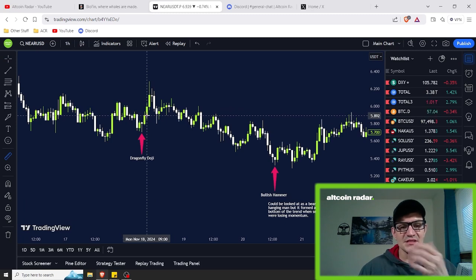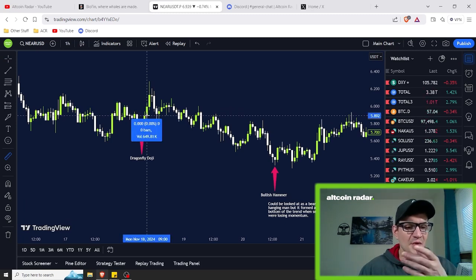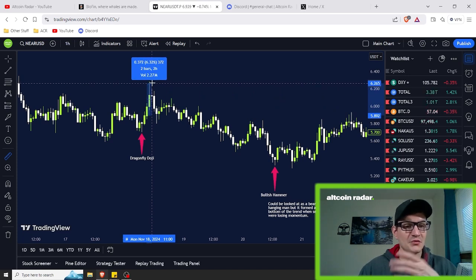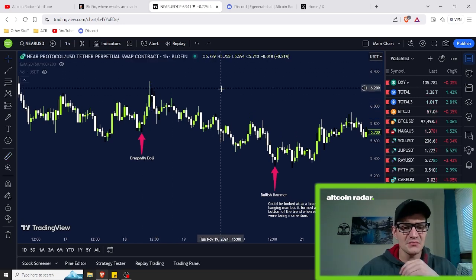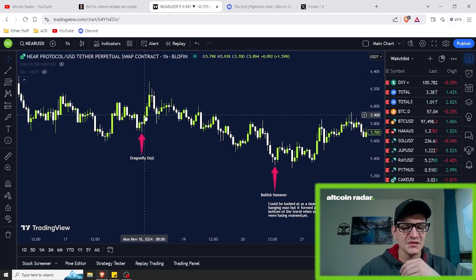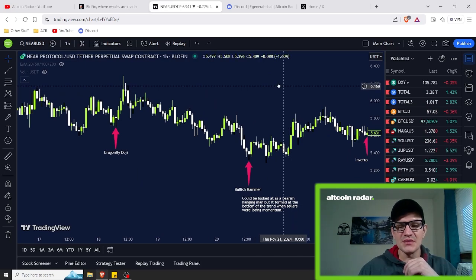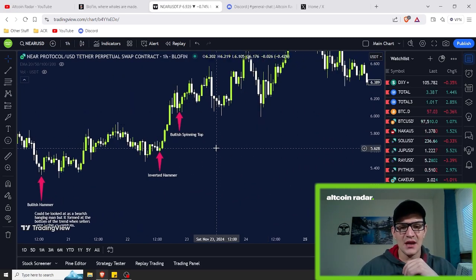So let's say for instance, you ended up getting in right in here, right when it ended up closing. If you ended up riding it all the way to the top and selling real quickly, and you were using like 10x leverage or something like that, you would have made roughly around 60% right there. So that's pretty decent profits for trading based off of candlestick patterns alone right there. So let's move on to the next candlestick pattern, which is going to be the spinning top candle,